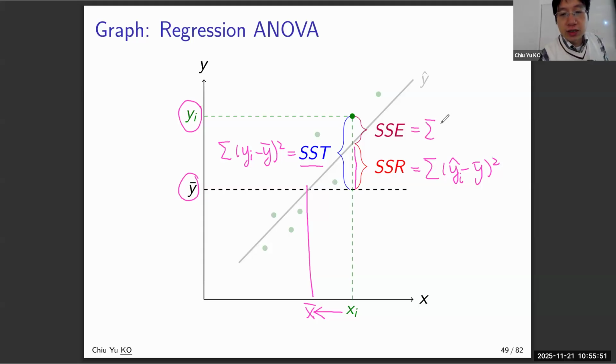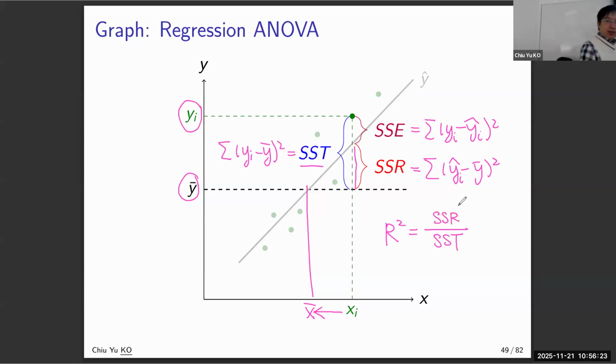We know how to write that down, right? It's y minus y hat, right? The line. And this is the thing that we try to minimize. It's the thing that is not yet explained by your model, okay? So to evaluate the performance of the model, we can look at this ratio, R square, with SST